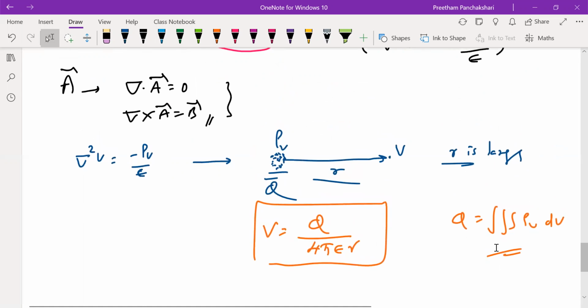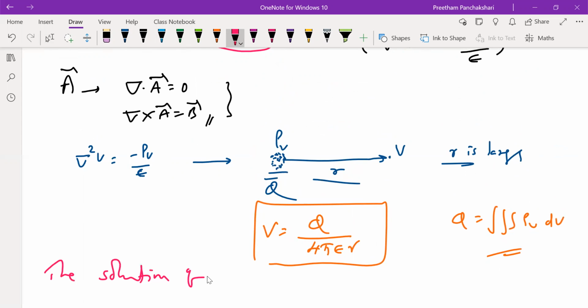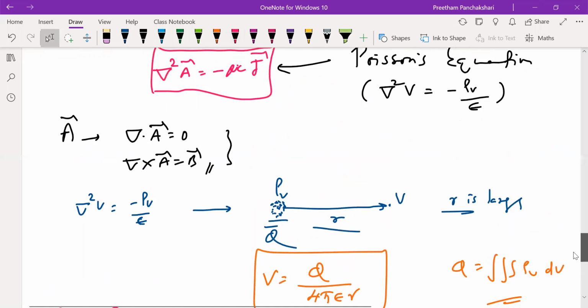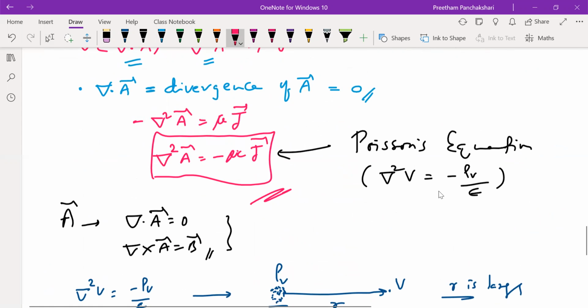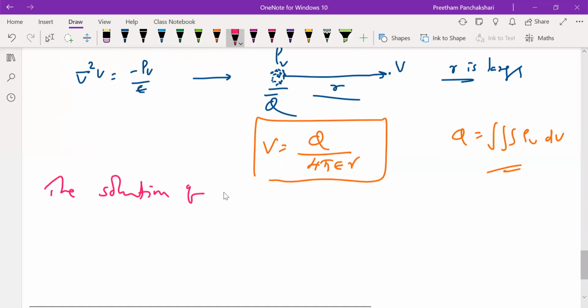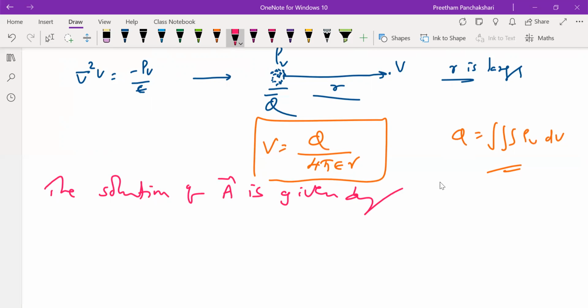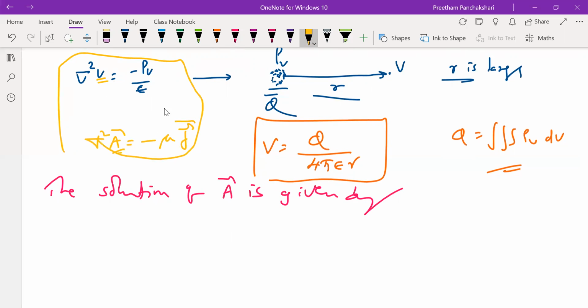So based on this idea, I can give you the solution of vector magnetic potential from here. So this relation, let me copy this relation here. Okay, the solution of A is given by. So write this equation very close to this one. So what is that equation? Del square A is equal to minus mu J. So compare these two. In place of V, A is there, in place of rho V, J is there, in place of 1 by epsilon, mu is there. So therefore, the solution of A, keeping this point in mind, we can write that A is equal to